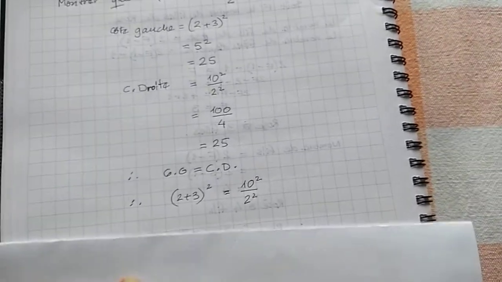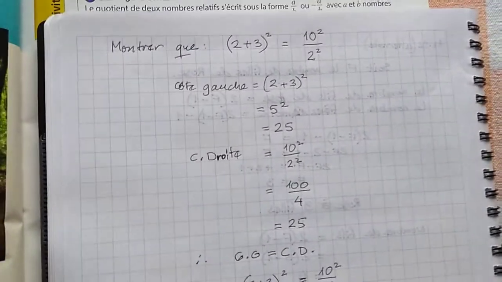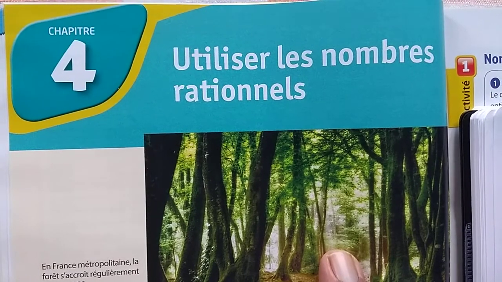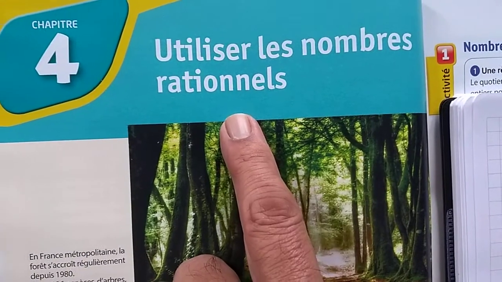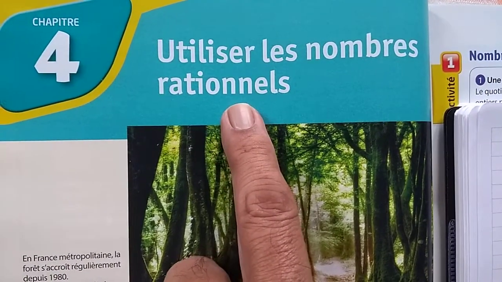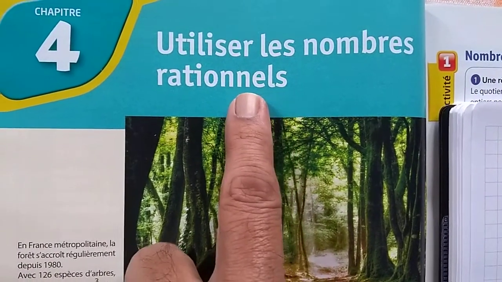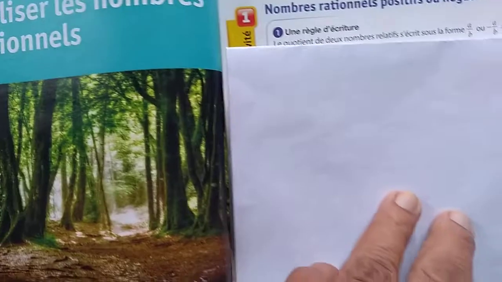Okay. So now we start on the fourth chapter. It's got some long words in it, but basically all it does is deal with fractions. In French, actually, they don't even use the word fraction, they use the word quotient. We'll come to that. So chapter 4 in this book, which you were supposed to do last year, is from Transmath 4e, quatrième, classe de 4e, Utiliser les nombres rationnels. So we will see first what are nombres rationnels, and subsequently what numbers are not rational, nombre irrationnel. Okay, so let's start.